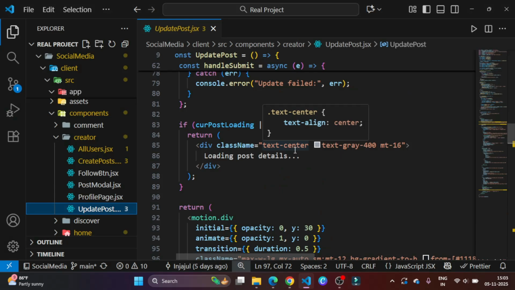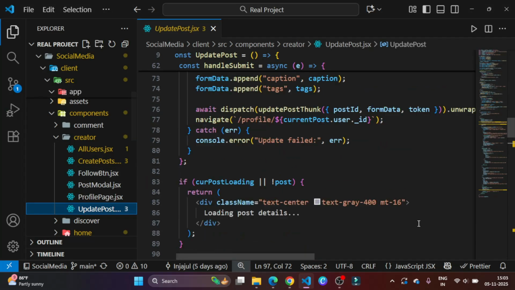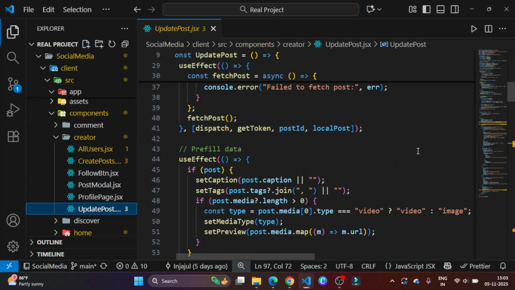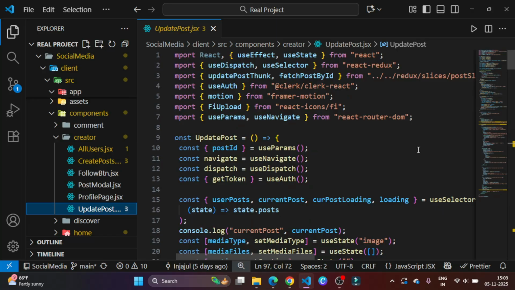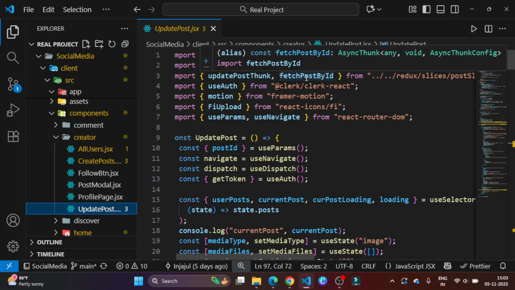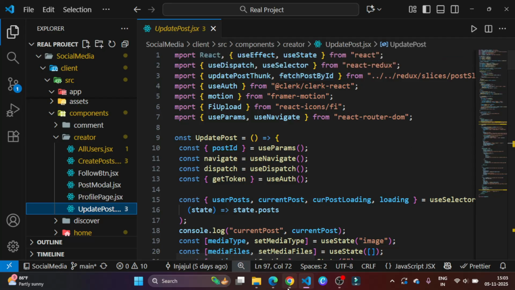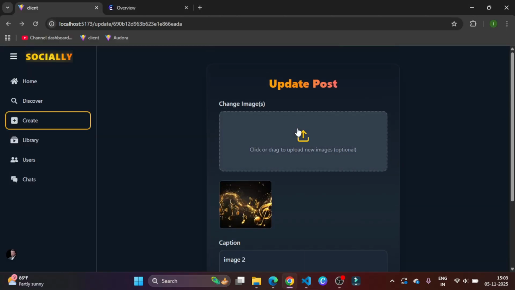I think if you understand the create post, it's similar and the same code, I just copy and make the update change. This is a create post, this is update post, same things, but here we import update post thunk and fetch post by id. That's why you can see the data already